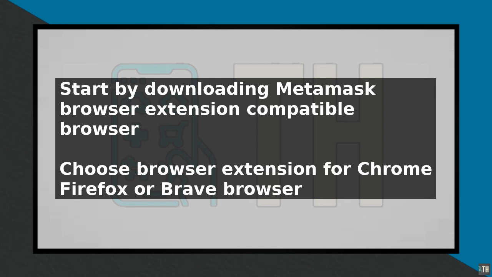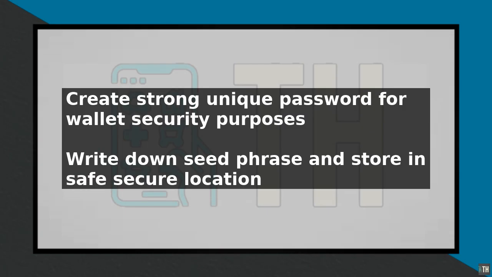Next, you will be given a seed phrase, which is a list of 12 words that will be used to recover your wallet if you lose access to it. Write down the seed phrase and store it in a safe place, such as a fireproof safe or a secure